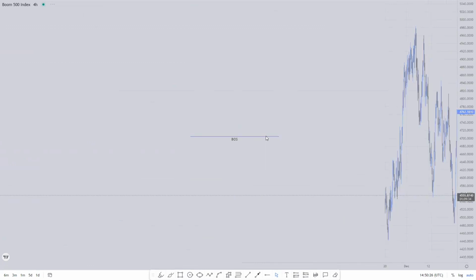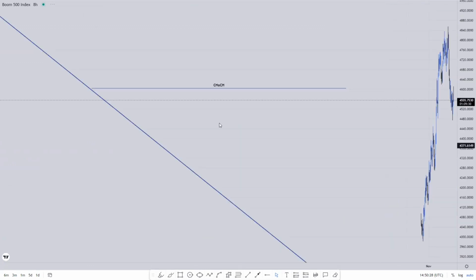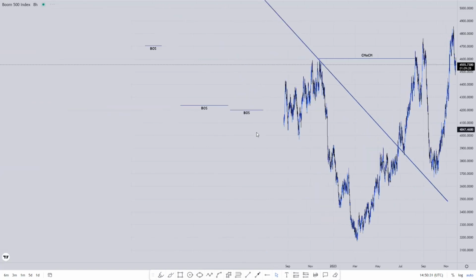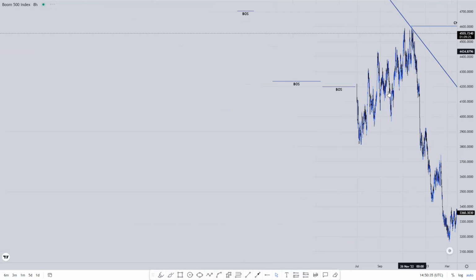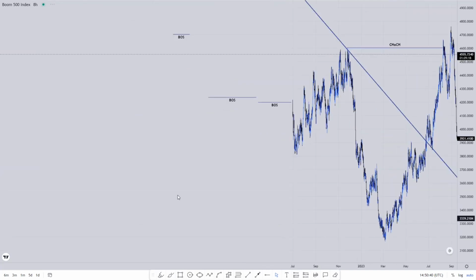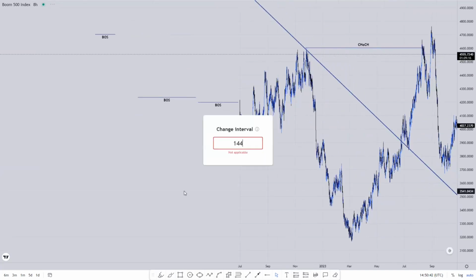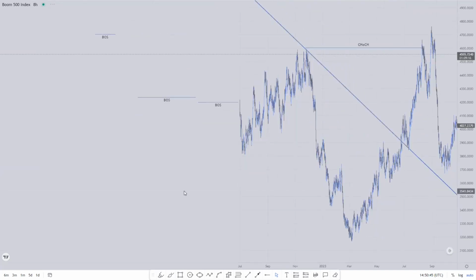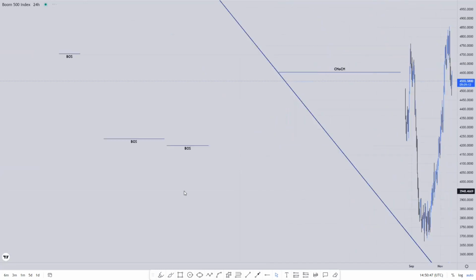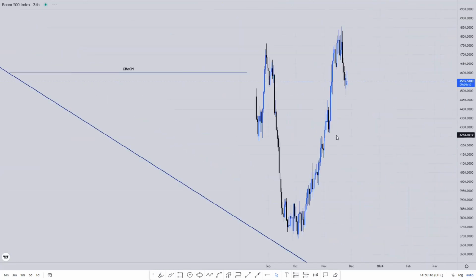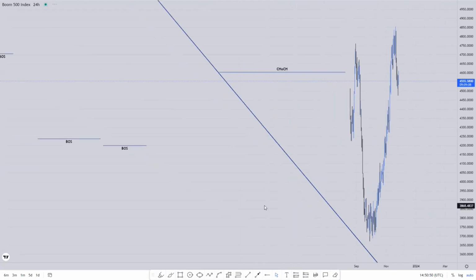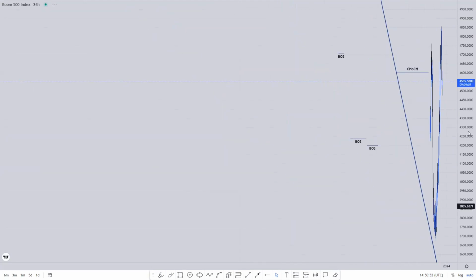Let me see the 8 hour, if it's going as far as September 2021. When was this? November 2022. This was July. It's not giving me, but basically what I wanted to show you was